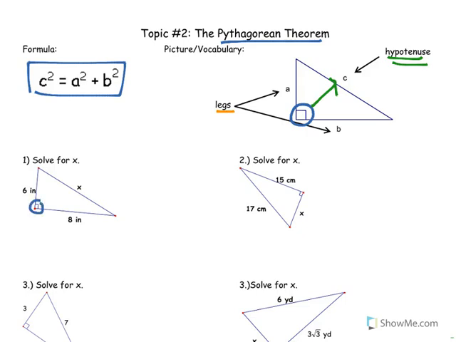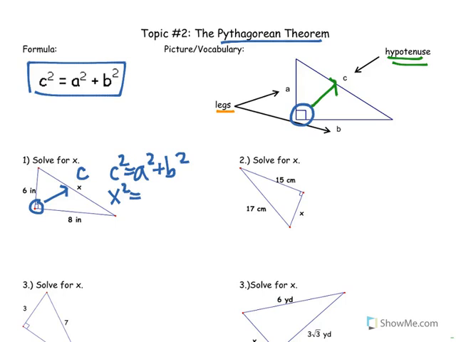I have a right triangle, so I know I can use the Pythagorean theorem. The first thing that I would do for every single problem is identify the hypotenuse. It's across from the right angle, so I know that x is going to be my c value. I can use the Pythagorean theorem. Let's just rewrite it. c squared equals a squared plus b squared. Right? c was x, so that's x squared equals